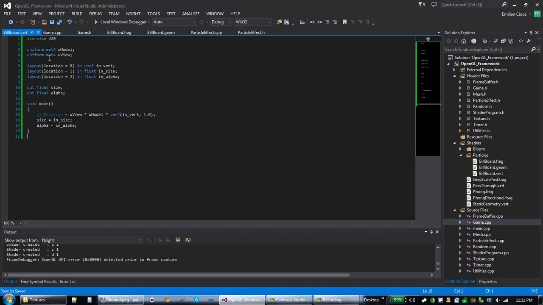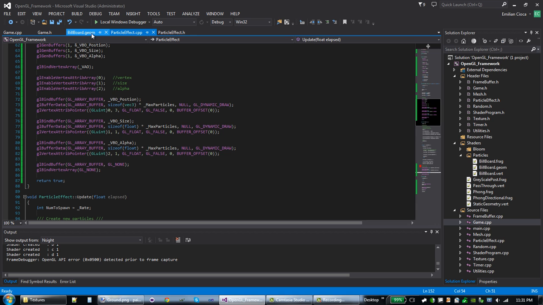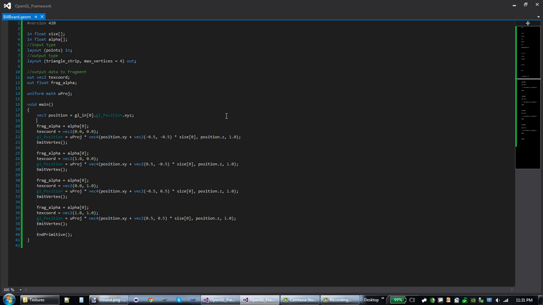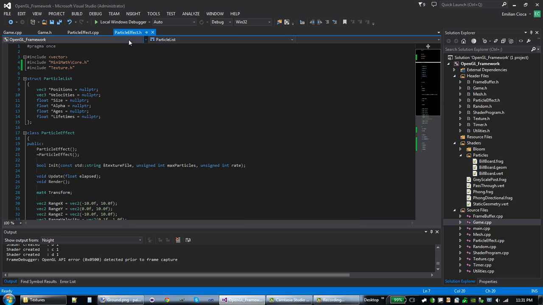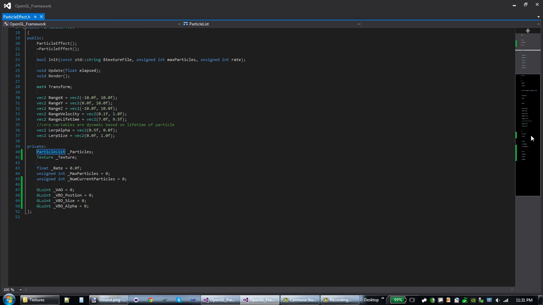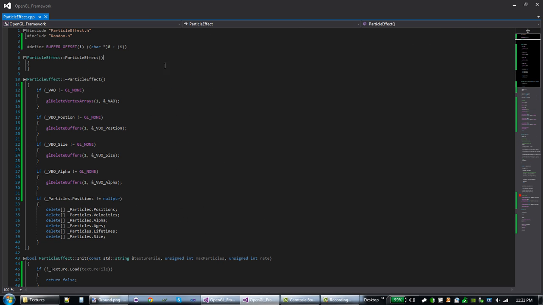We have our vertex shader for billboard, fragment shader for billboard, geometry shader for billboard. Let me try and get this all in one shot. There we go. Let's take a look at particle effect.h. This guy here we downloaded and made some changes to, mainly at the bottom. Particle effect.cpp, lots of changes here, added buffer offset,